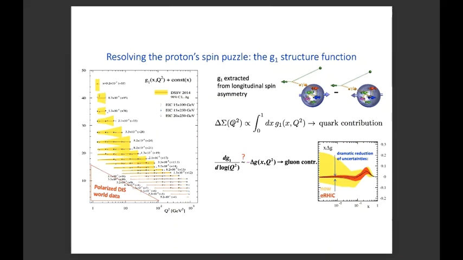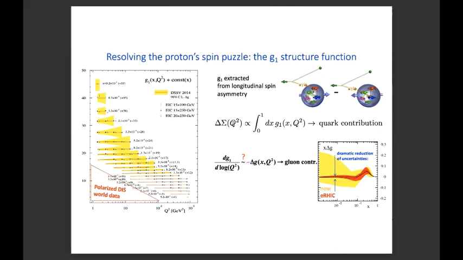And so what's shown here on this plot is g1 as a function of Q squared for a wide range of these x values. So going to smaller x means going to higher and higher energies. Q squared over the center of mass energy squared is roughly what x is. And you see, here's the world data on polarized deep inelastic scattering. So everything that we know at larger Q squared and small x is from extrapolations based on perturbative QCD. And that's what these yellow bands denote.